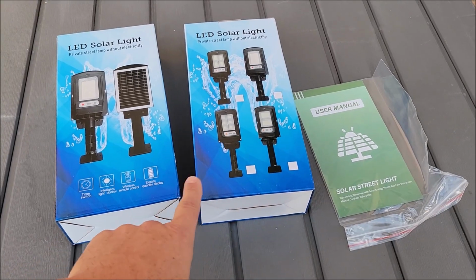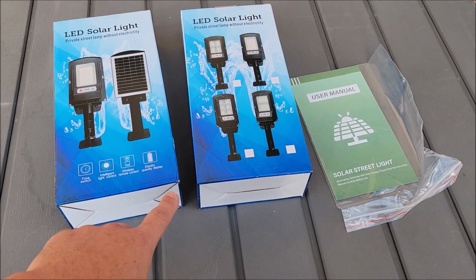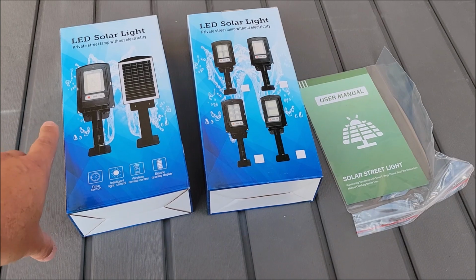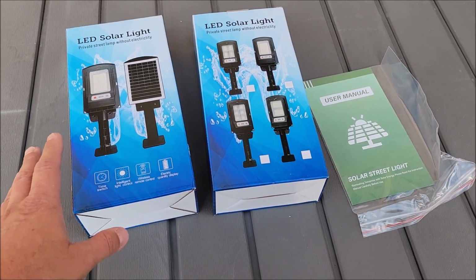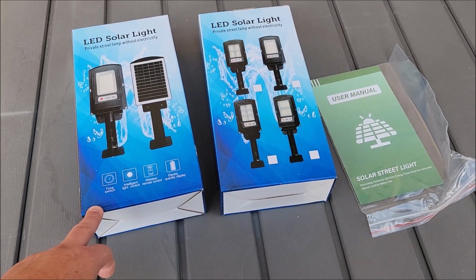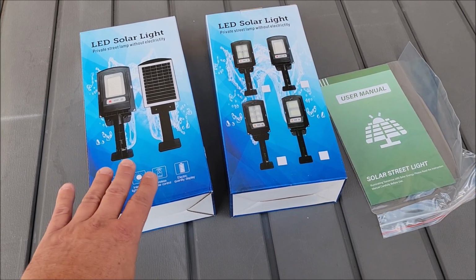Today I'm checking out this 2-pack of solar street lights. These are LED solar street lights, and they're smaller, they call them private street lamps. So they're meant for a home or something like that. But I'm checking these out today. They were sent to me at no cost so I could do the review. Let's get them out of the box, see everything they come with, get them mounted up, and see how well